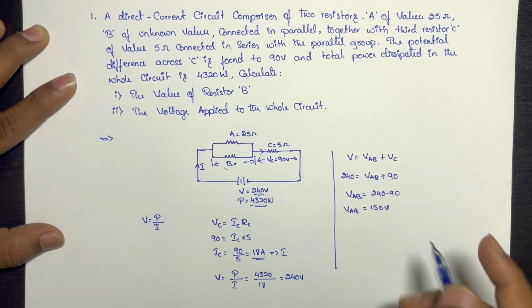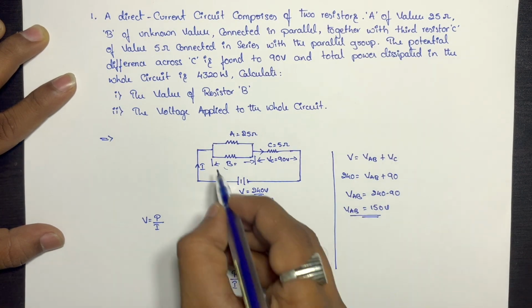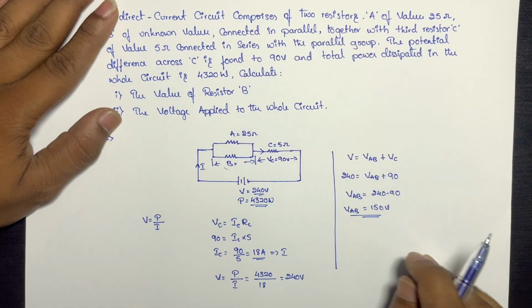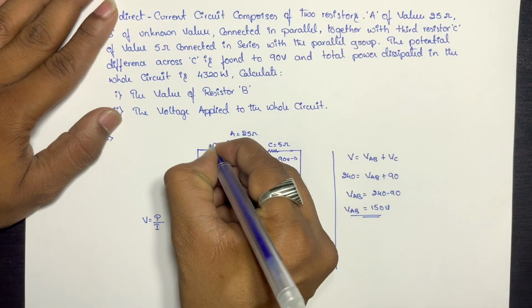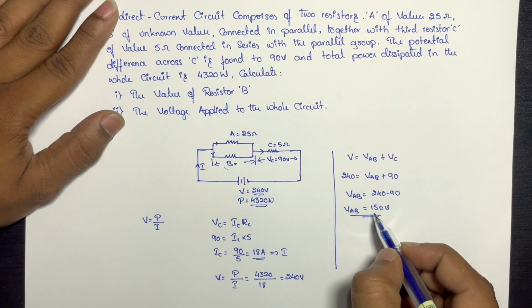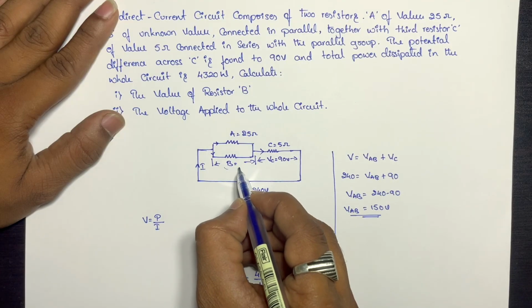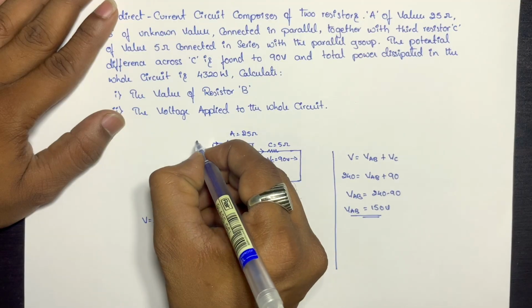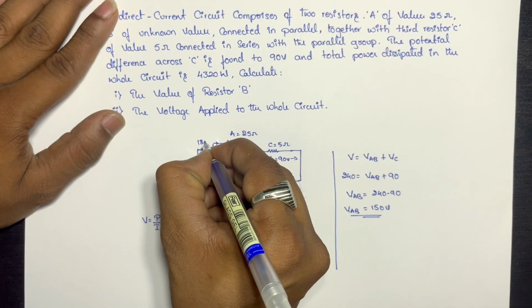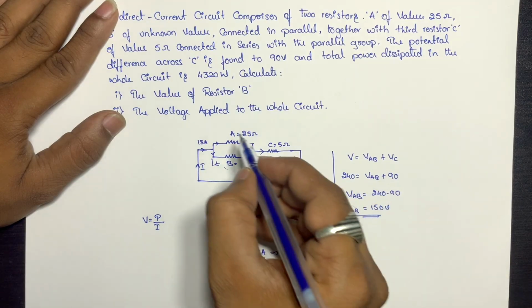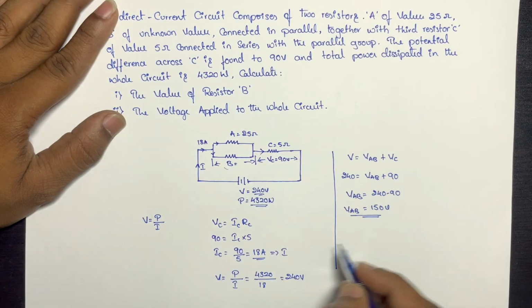Now we got the total voltage applied across the resistor B, and if we calculate the current flowing through the resistor B, we can easily calculate the resistance. Since the total current I flowing through it is 18 amps, okay, the current flowing through the resistor A,